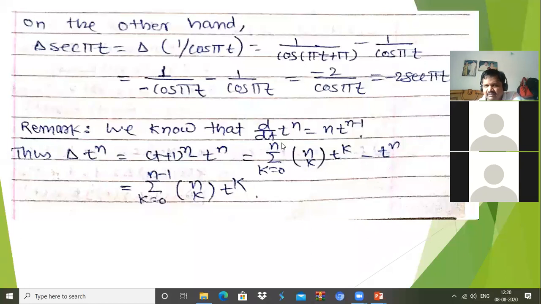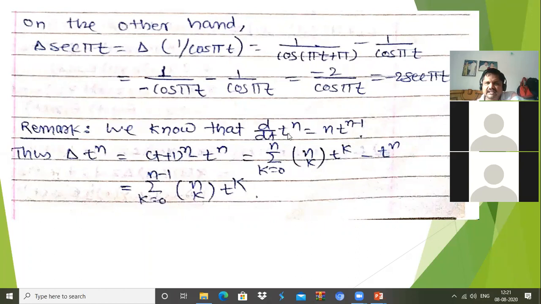This means terms only up to n minus 1 will appear, and therefore you can write the sum over k from 0 to n minus 1 of nCk t to the power k. What is it? It is equal to 1 plus n t plus n(n minus 1) upon 2 factorial t square, plus up to the last term. What will the last term be? nC(n minus 1), which is n, again nC(n minus 1) is the same as nC1, and nC1 is n. Therefore, where does the addition go? Only up to n minus 1.